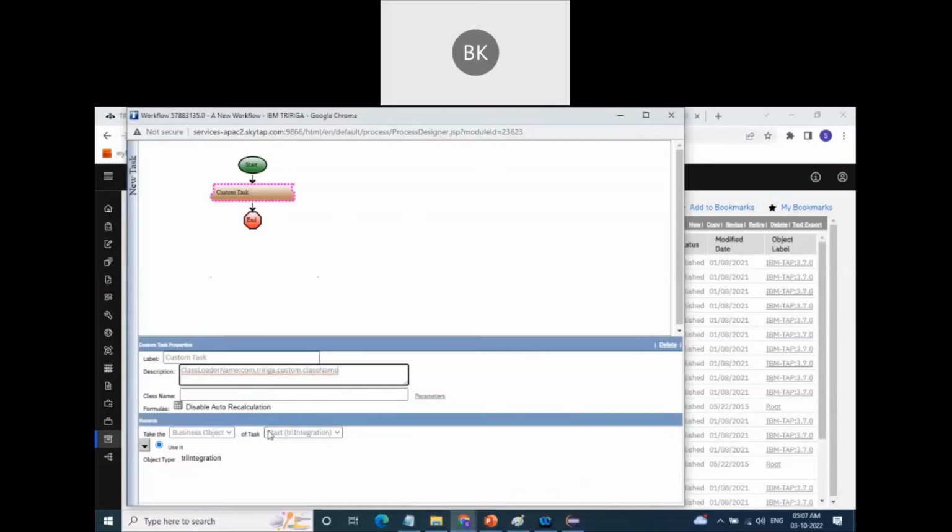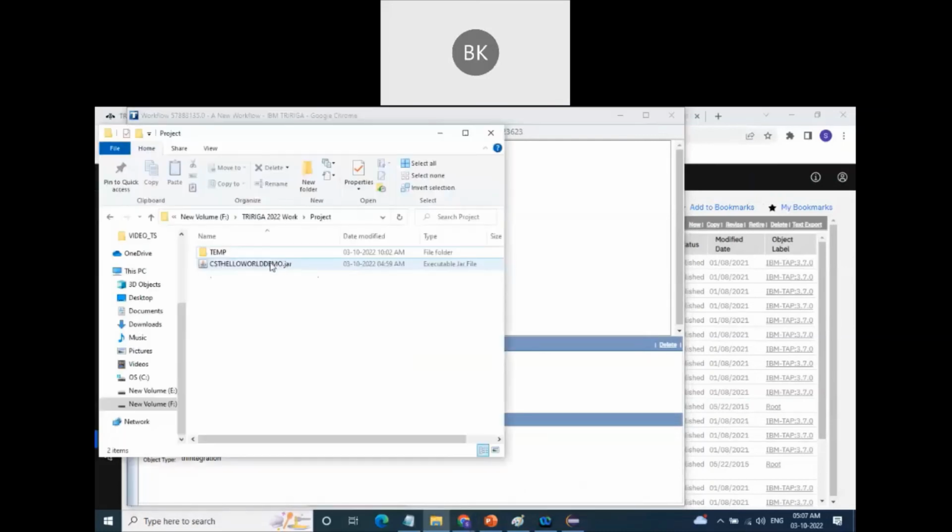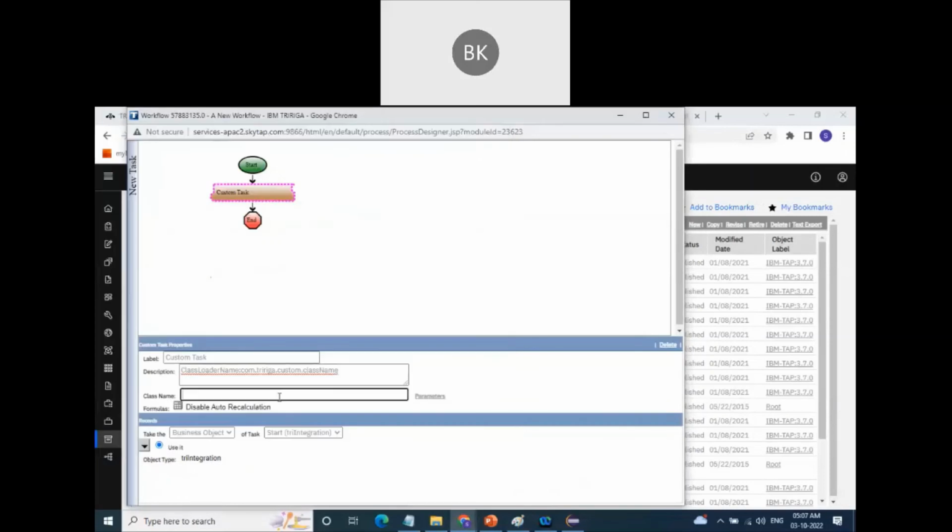Here our class loader name we kept as CST hello world demo. So let's use the same name here. Then colon,